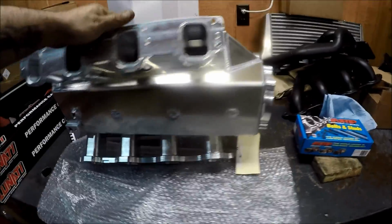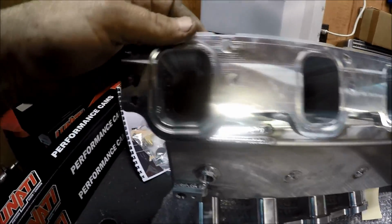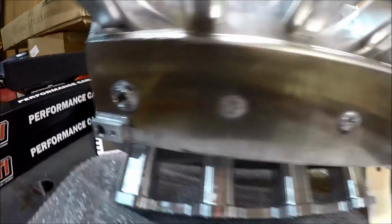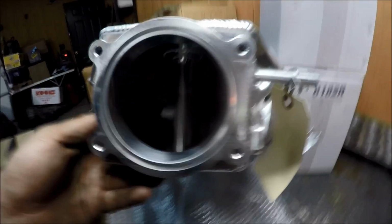Short little runners right there. Let's turn her on her side and see what she looks like on her side here. See inside the ports. I wonder if they're bell-mouthed at all on the other side. We'll have to check that out. Got some areas for your map sensor down here and some other bolts. Take a look inside. That's the inside of one of these ProCharger intake manifolds